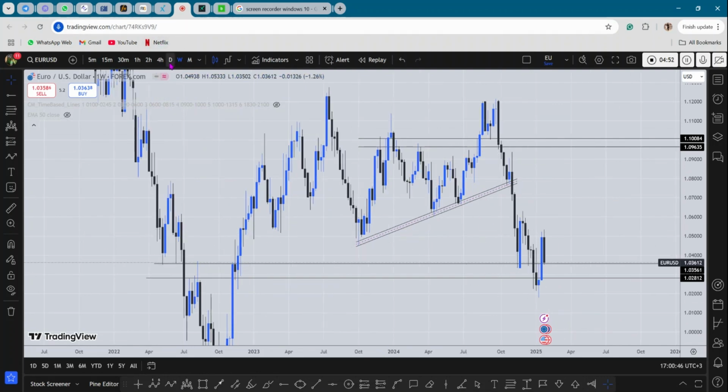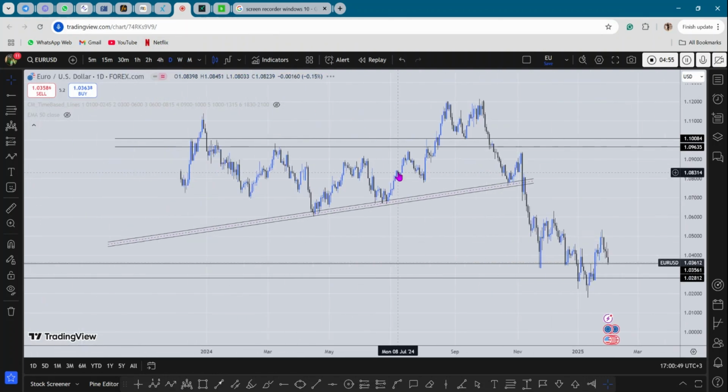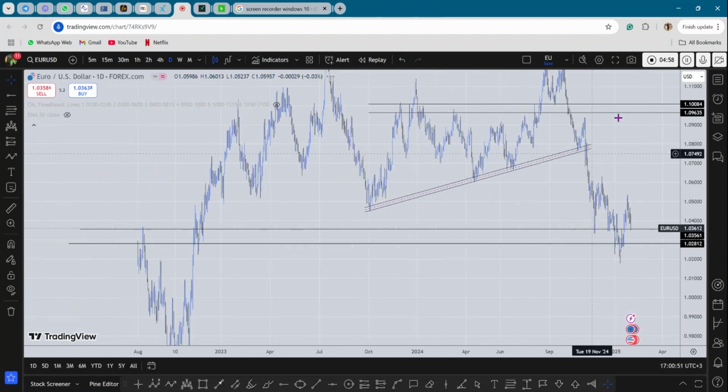So when I drop down to the daily time frame, on the daily time frame things become a little bit more